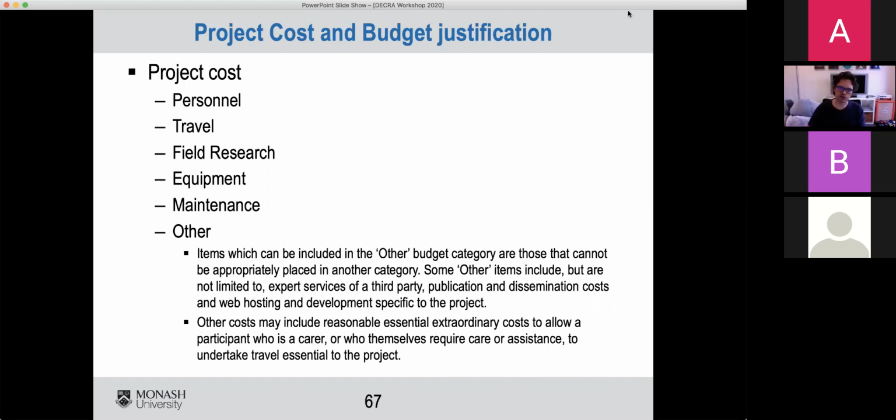So there's a trick in the way that the ARC does budgets, in that you will ask for a certain amount of money. They will then not give you that money. That will free you up to spend the money in a slightly different way to how you propose to spend it. But the restriction will be, if you didn't put any items in equipment, then when the ARC funds your project, you are never allowed to spend money that would categorize as equipment.